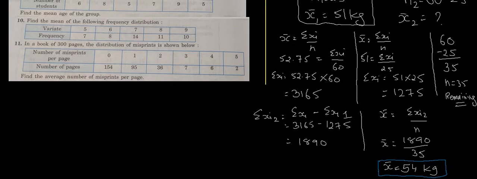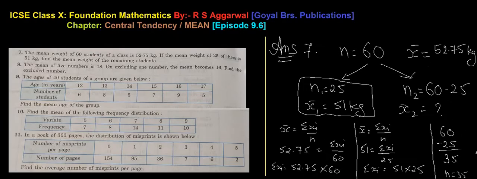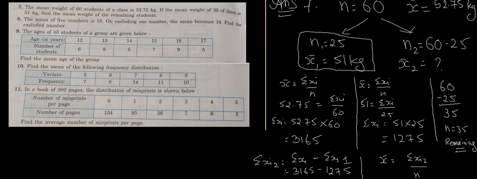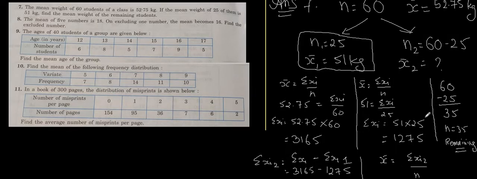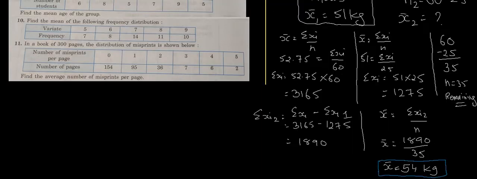I hope you understood the method we use. Sometimes if you make mistakes in calculation, don't worry. If this sum is a 3 marks question, you will get at least 2 marks for doing the method and writing the formula. Some average students do make mistakes, but try not to, because it's simply addition, multiplication and division, that's it. I hope you understood this sum number 7.